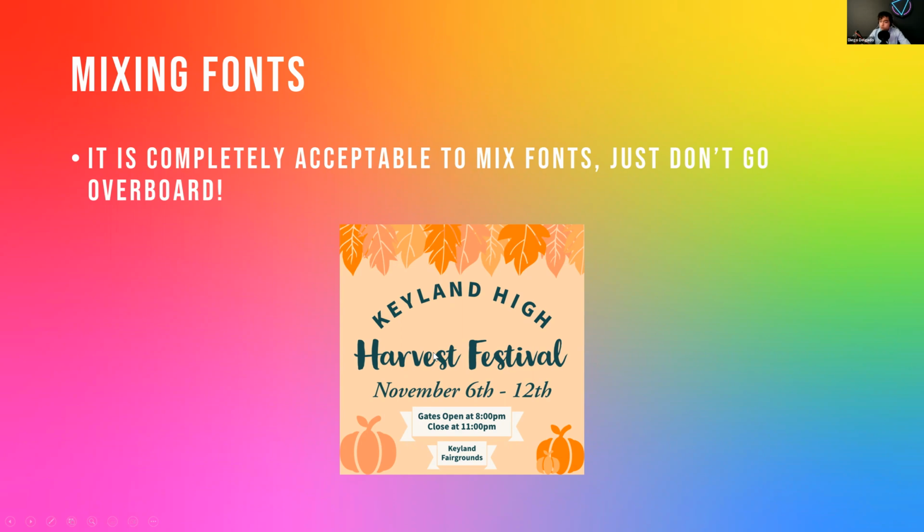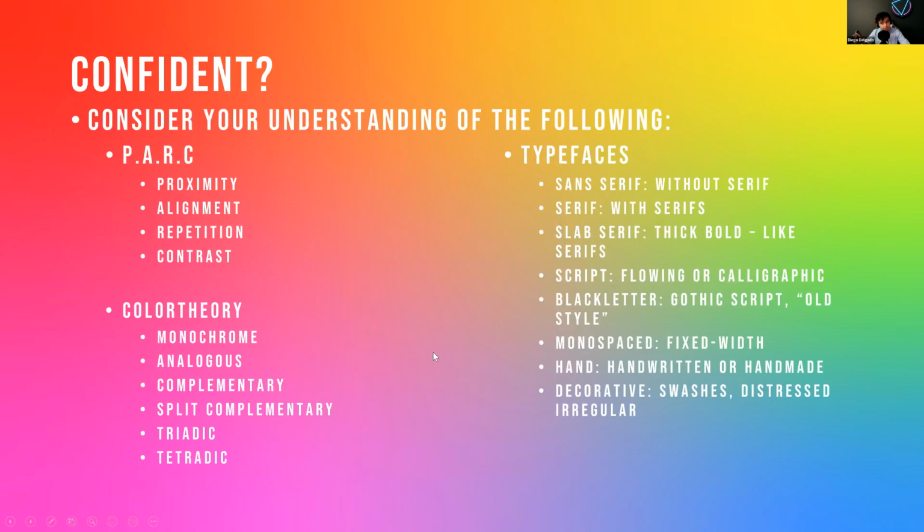All right, so we've just covered a lot of information in a short amount of time. We've covered PARC: proximity, alignment, repetition, and contrast. We've covered color theory. We've covered the color schemes: monochrome, analogous, complementary, split complementary, triadic, and tetradic. And we've covered the types of typefaces, the difference between typefaces and fonts, and how they are typically broken up